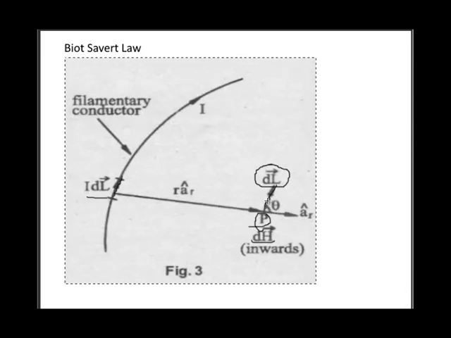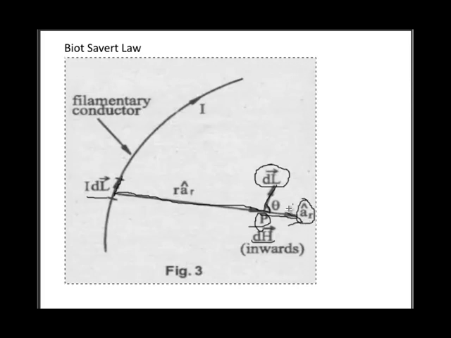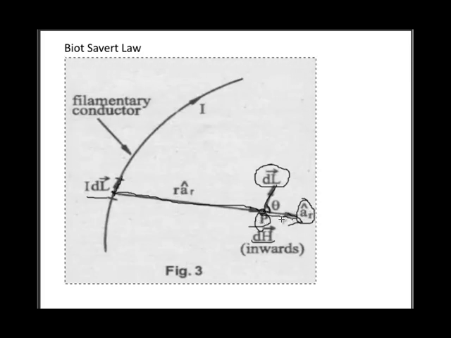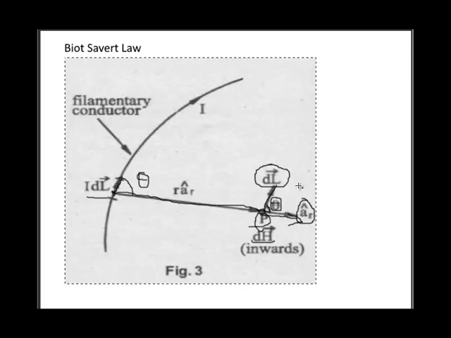And this angle theta is the angle between the radial direction from the current to the point. It is the radial direction marked with a unit vector aR. aR shows the radial direction from the source filament to the field point in space marked as P. So aR is the radial direction from source to field point, and the angle theta is the angle between the direction of dl and this radial direction. It is the same angle marked here, theta, because dl is parallel with Idl.